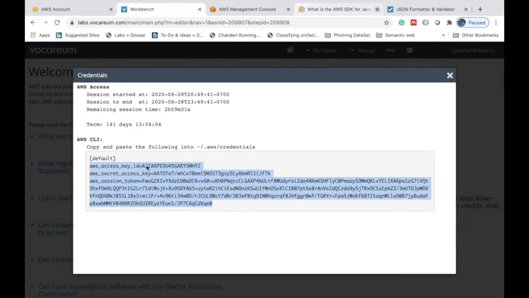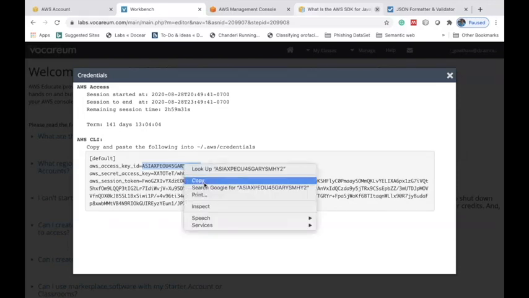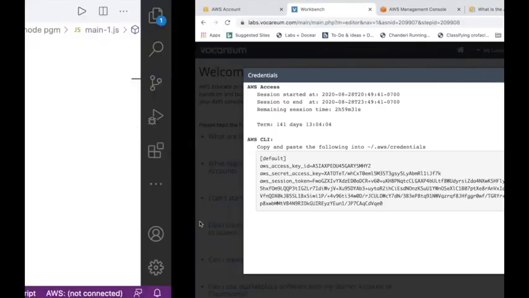So what am I going to do first? In my system, I have already installed the AWS CLI. You copy the AWS access key ID, and go back to your terminal.